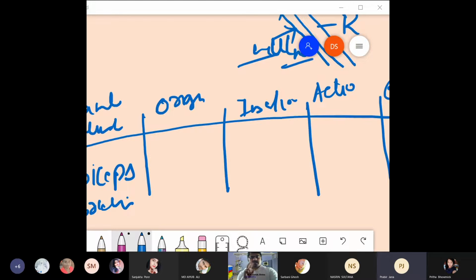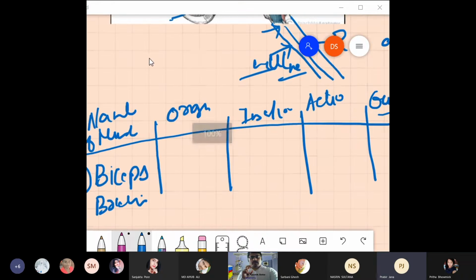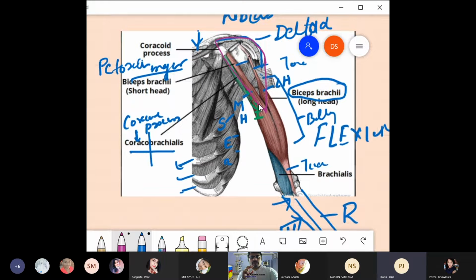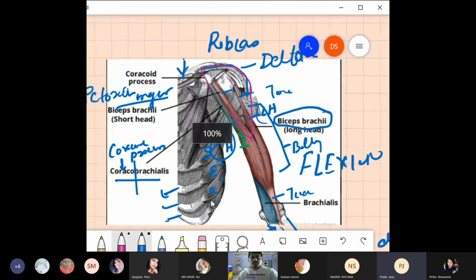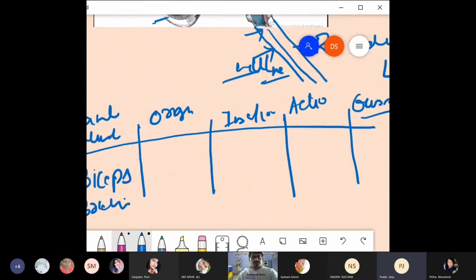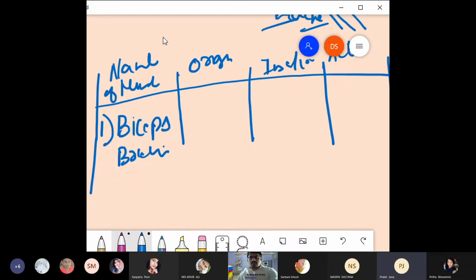See, as I said, biceps has 2 origins that you have already noted in the diagram. This one is the short head and there is the long head, and the short head is also the medial head, and the long head is also the lateral head. So it has 2 origins, right? If I have to write on this table these 2 different origins, first I will speak of the long head. Write it for the precise location. Write down the long head